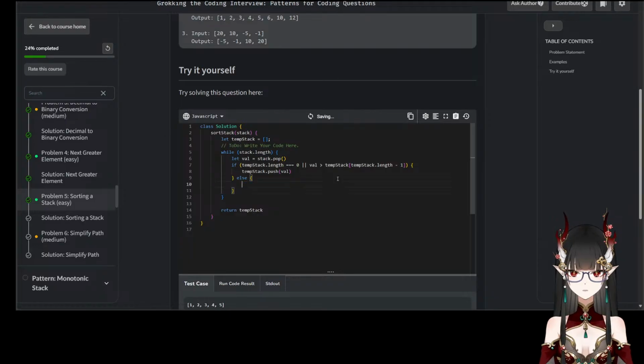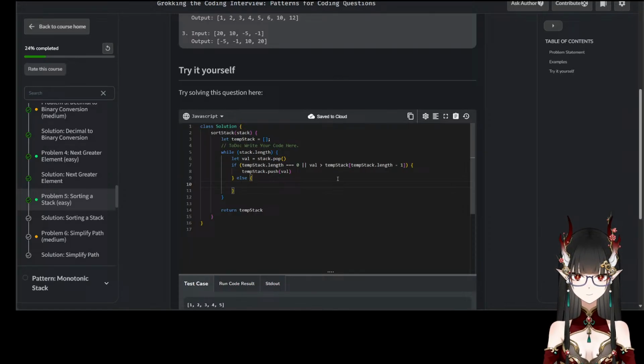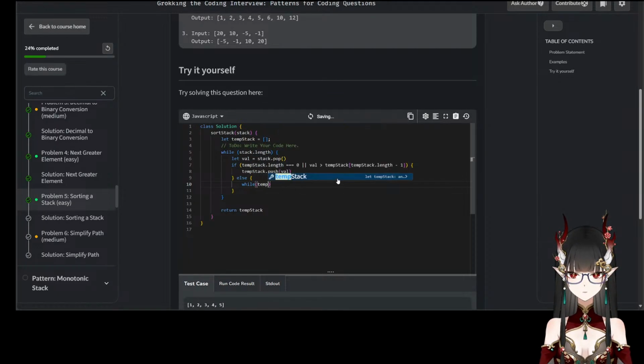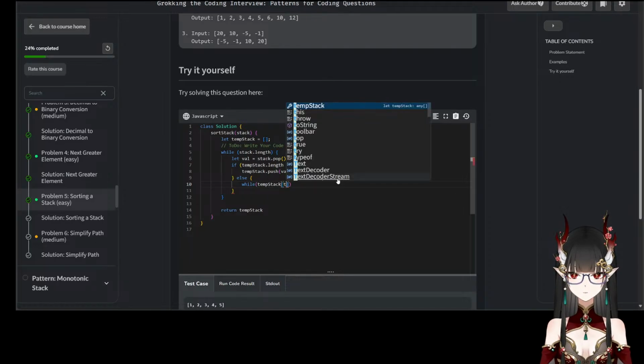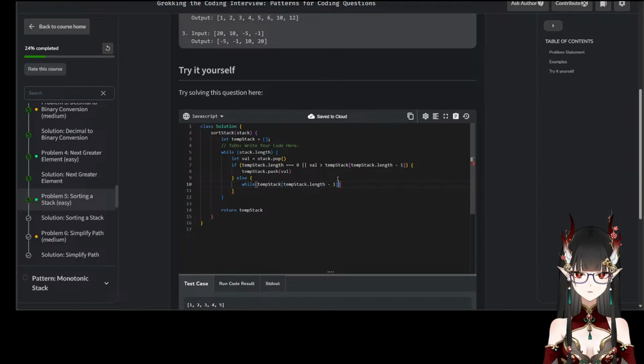If this value is not greater than top, while... no, if it's not greater than... else, while temp stack dot length, max the top element, while the top element